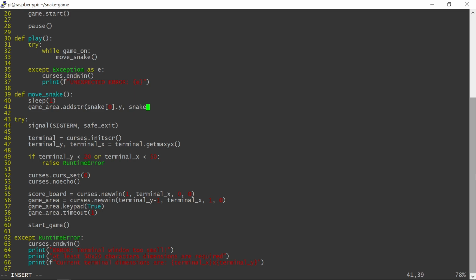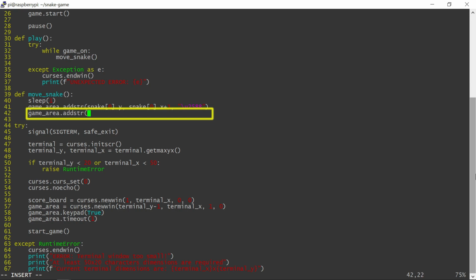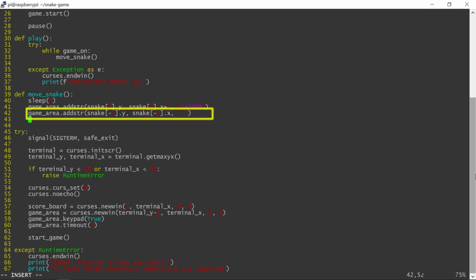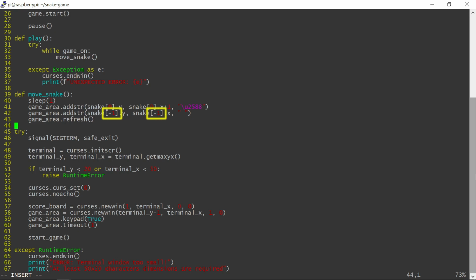Moving the snake is a 3-step process. First, I need to display a new segment just ahead of the current snake's head position. Once this is done, I need to erase the snake's tail. After these changes are made, they are shown to the user by calling the refresh function. The snake is just one segment long right now, and the head and tail are the same, but this will change later on. Regardless of the snake's length, index 0 will always be the head, while index -1 will always be the tail.